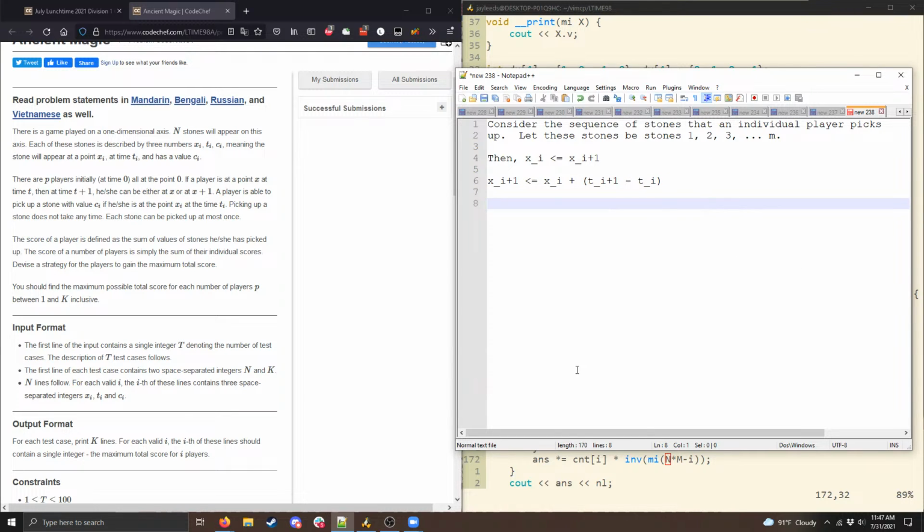And if we rearrange this inequality, what we get is t sub i minus x sub i is less than or equal to t sub i plus 1 minus x sub i plus 1. And so what that means is that t sub i minus x sub i forms an increasing sequence, as does x sub i,